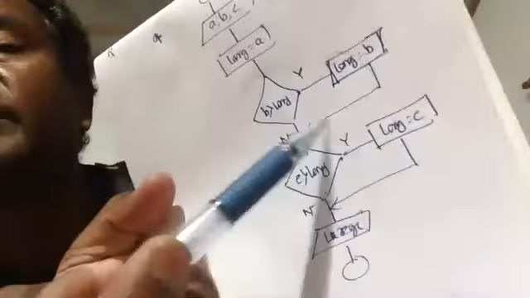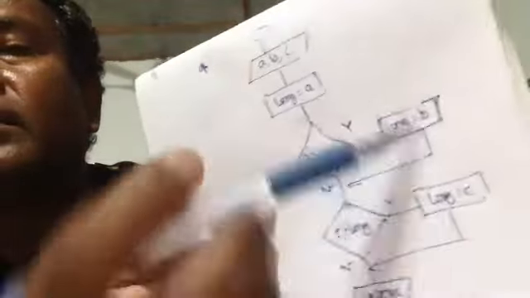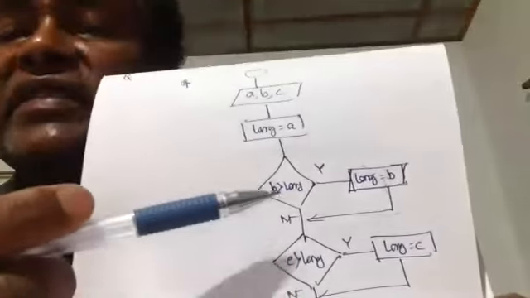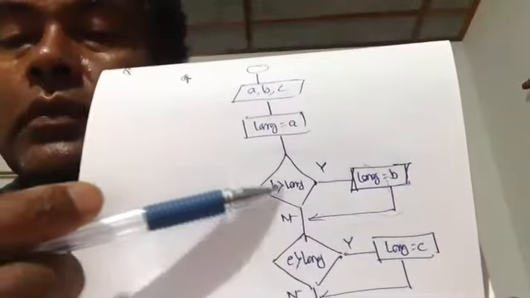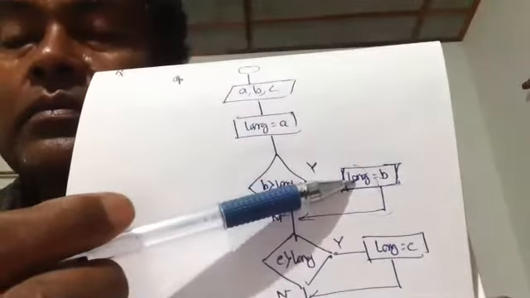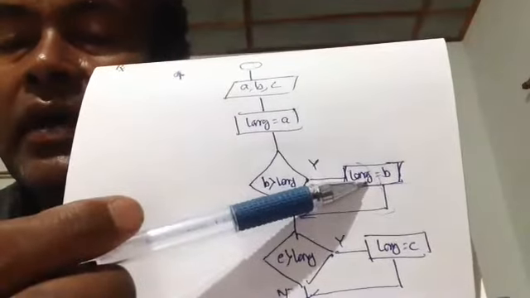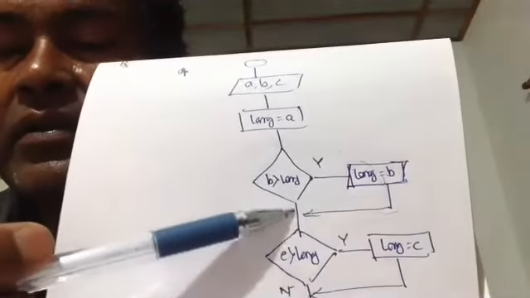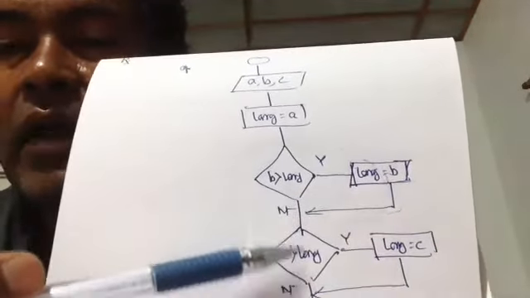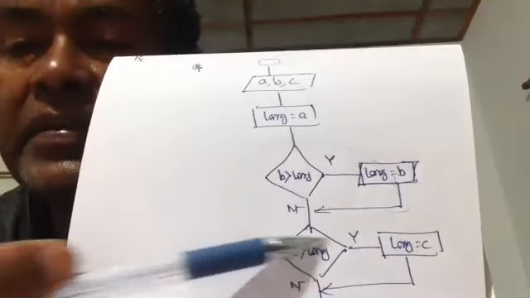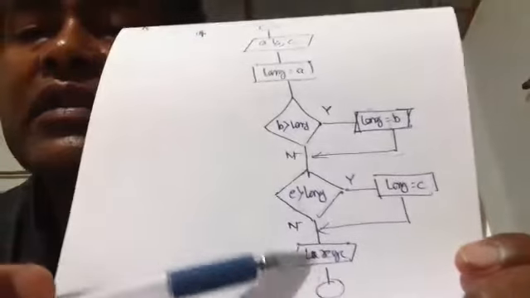You see, there is one error mark. If this is true, what is the outcome? Large will be B in that spot, and B will come over here. Now large is what? B. So B is compared with C. If yes, large will be C, and it will display what?